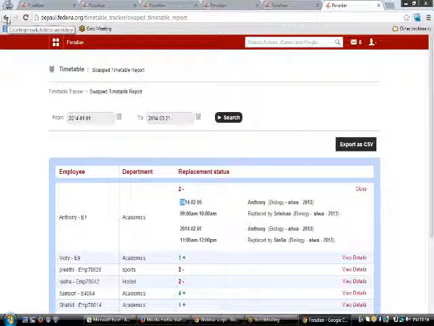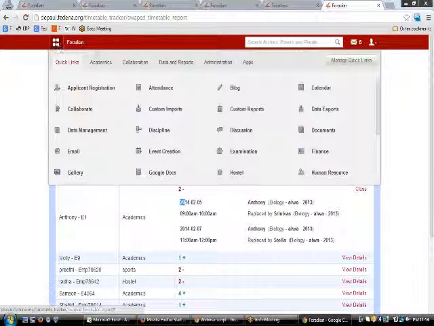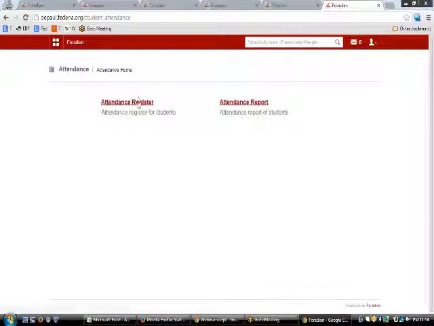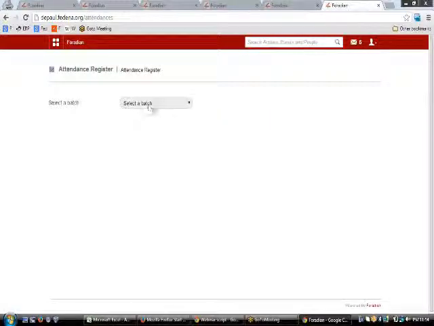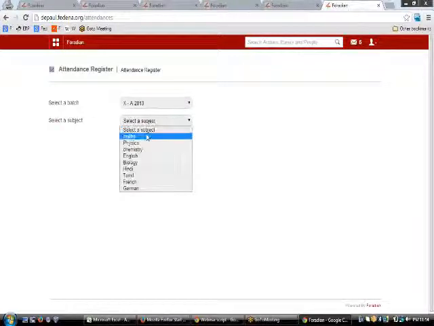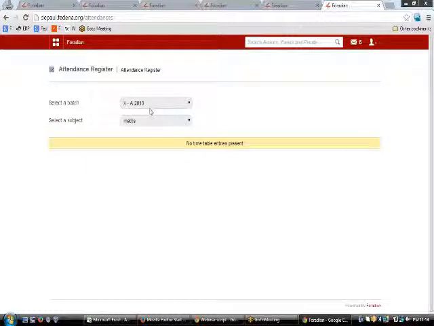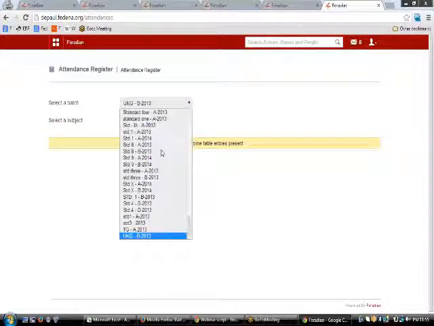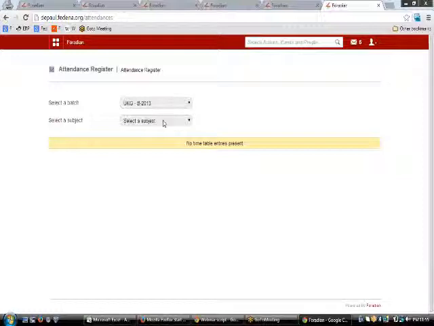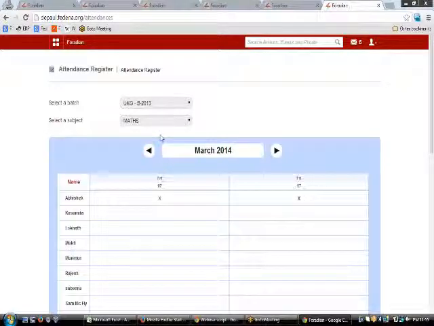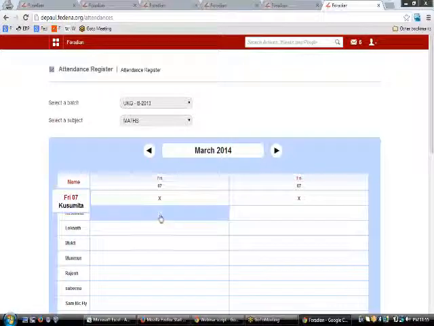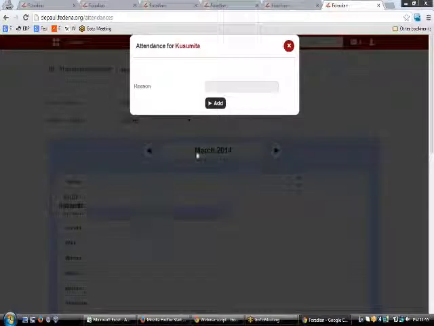And then the next thing is to go to this attendance part. This attendance can be used from these quick links again, and here we have two links, like the attendance register and the attendance report. The attendance register will start off with selecting a batch from here, and then you need to select the batch along with the subject. Since it's subject attendance, you need to select the subject here, and on selecting the exact subject you'll be able to get the register, and you'll be able to see how a student's absentees can be marked.